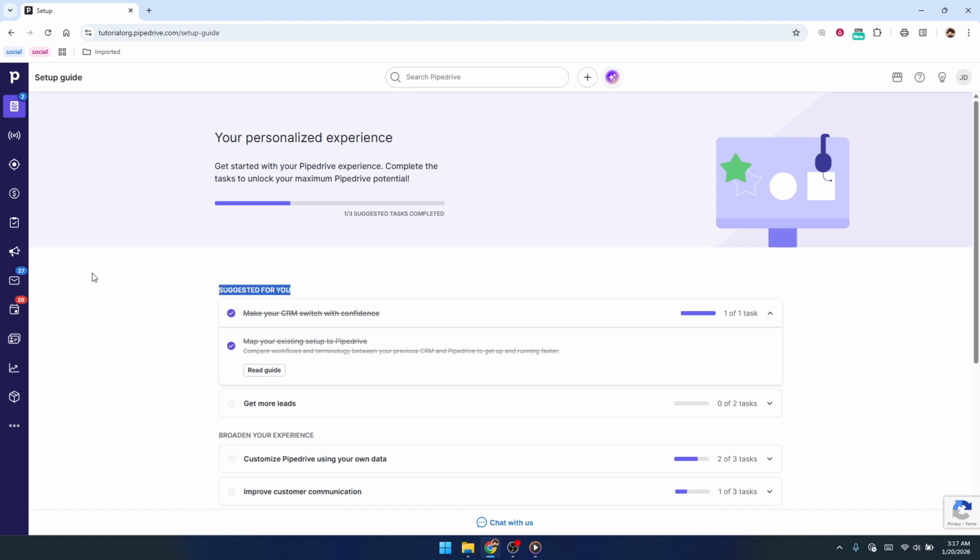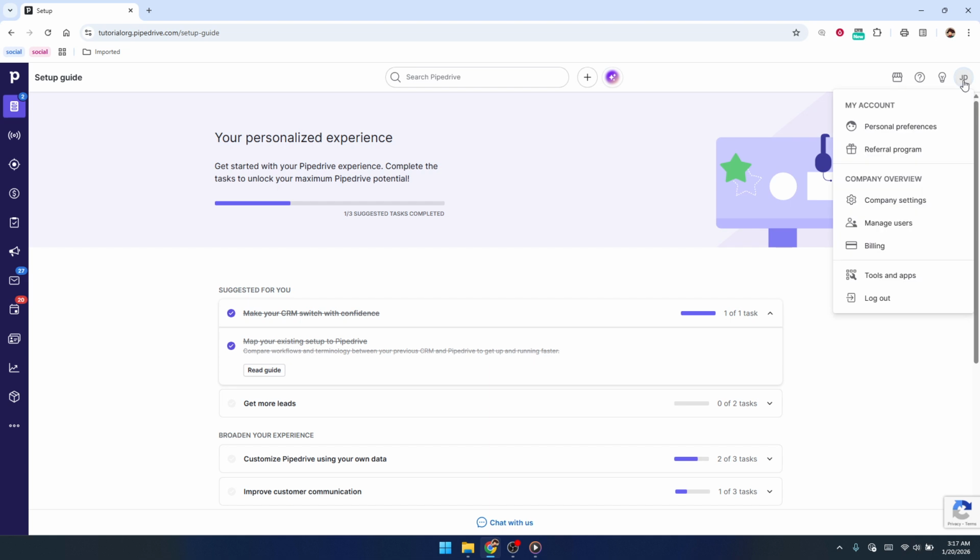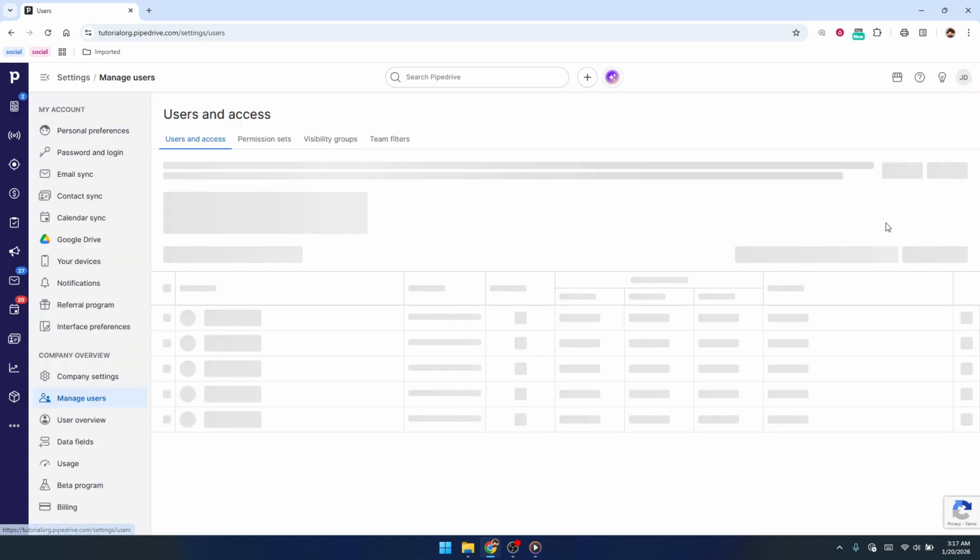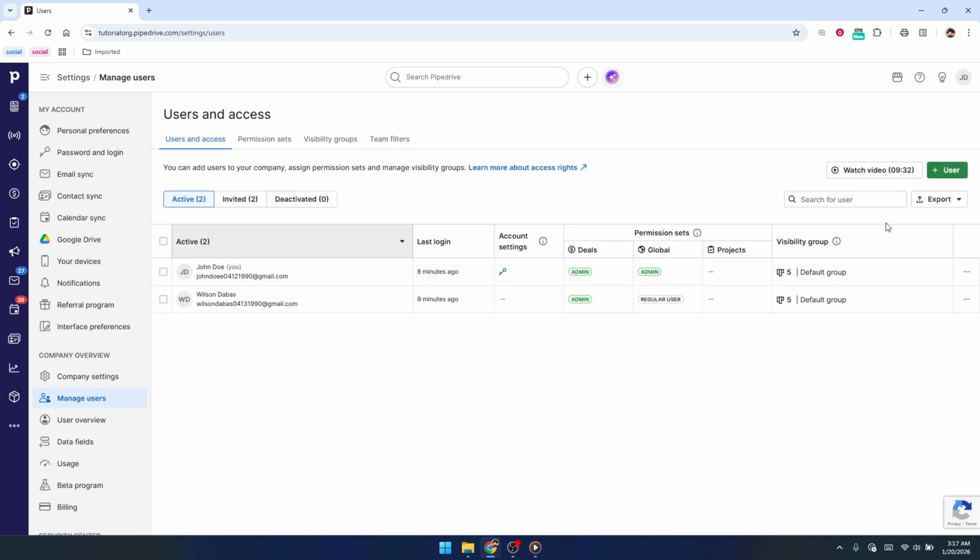settings. Once you're in, move your attention to the top right corner of the screen. You'll see your profile icon there. This might show your initials or a small avatar. Click on that profile icon, and from the drop-down menu that appears, choose the option labeled Manage Users. This is the main area where you control who has access to your Pipedrive account and what level of access